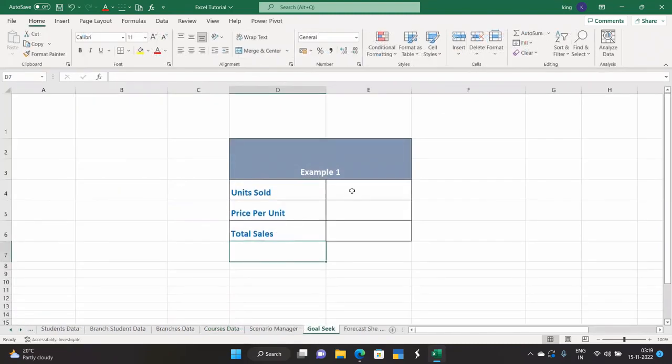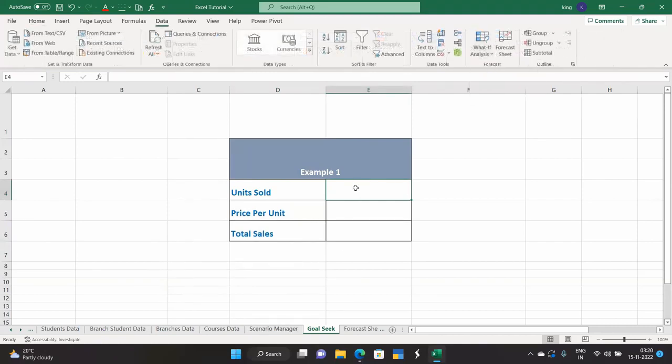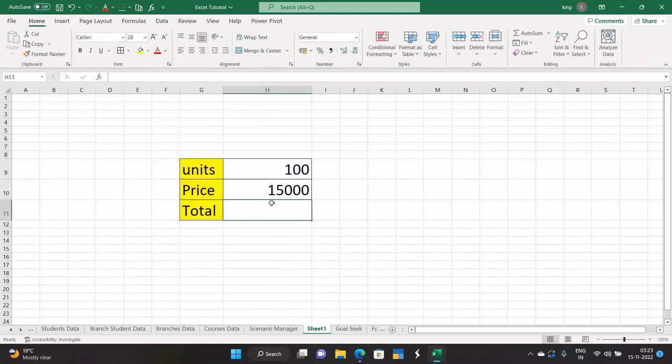Now let's see this example for goal seek. Suppose I have 100 units sold. Each unit is sold at 15,000 rupees, and the total sales is equal to, and now the formula for this is H9 into H10. Now I got the answer. Suppose if I think about now the total value is 15 lakhs. If I think about how to get 20 lakhs amount, by selling how many units I